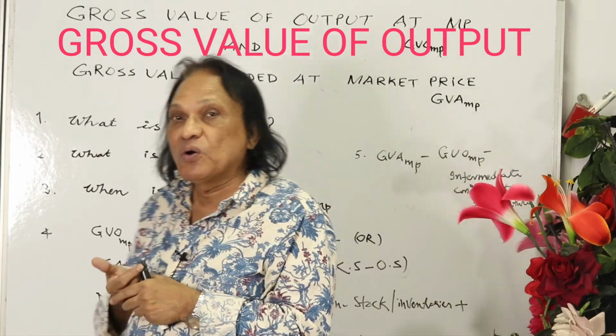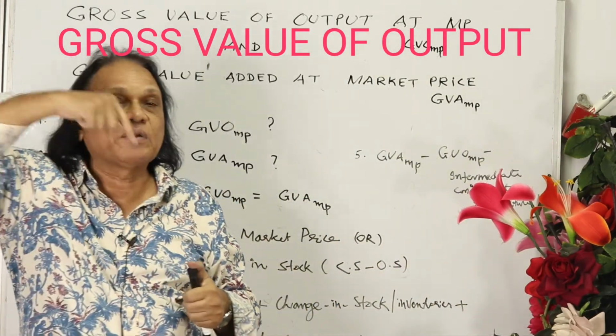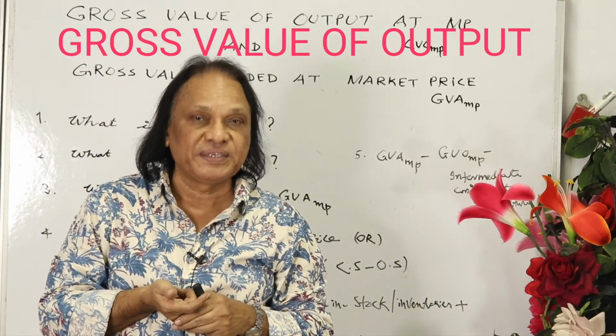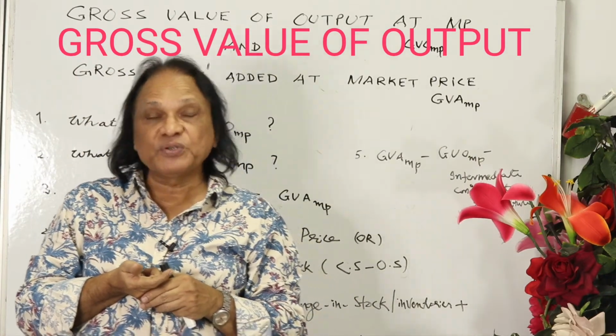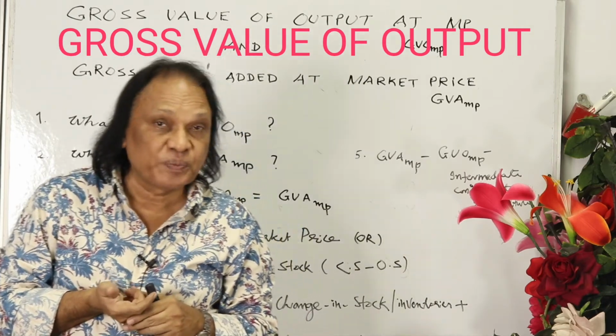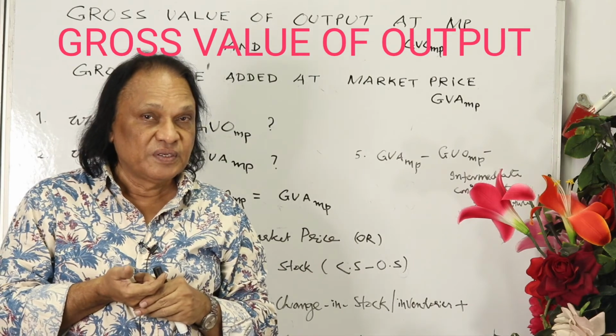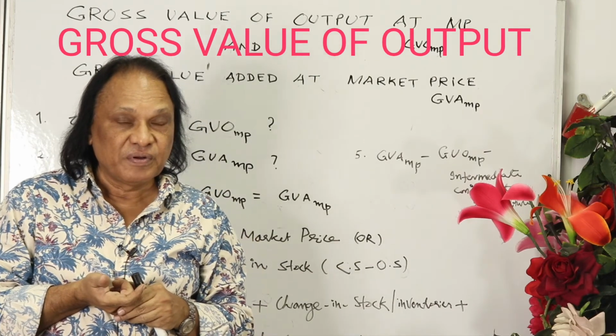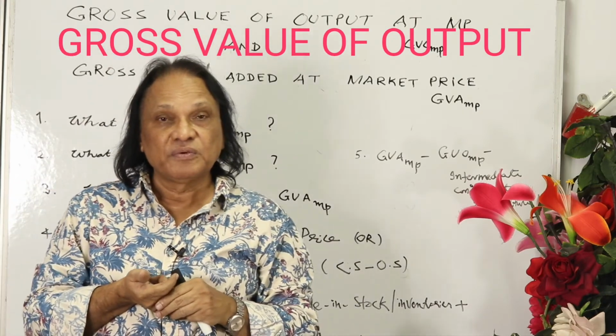So we want to know the value addition done by the producer. The producer has sold the pens for 100 rupees. That means the producer has not produced goods worth 100 rupees himself. He did some value addition to the raw material. We'll take one good example. For example,